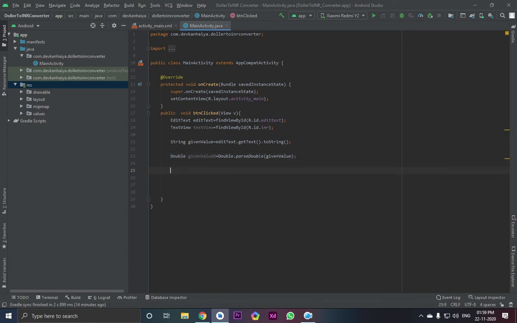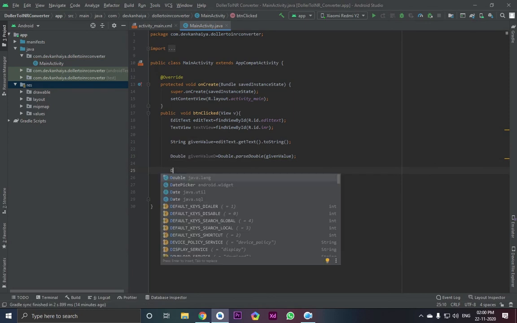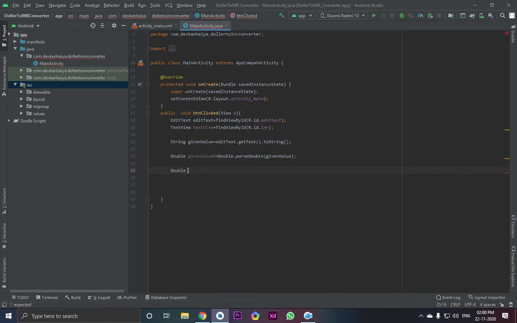So let's see, let's create one more double, is equal to INR value. We need to convert the dollar value into INR value. So what is INR value, in small letters, is equal to given value d, because it was converted into double value, multiplied by,